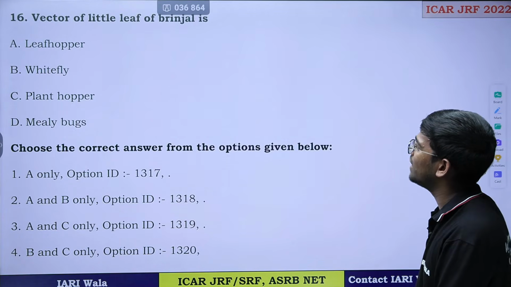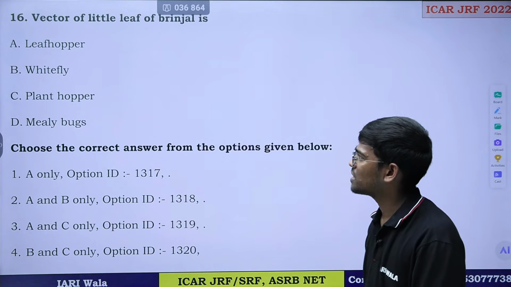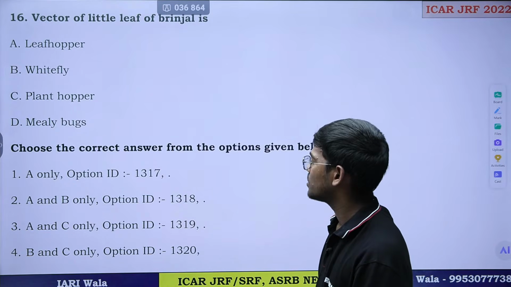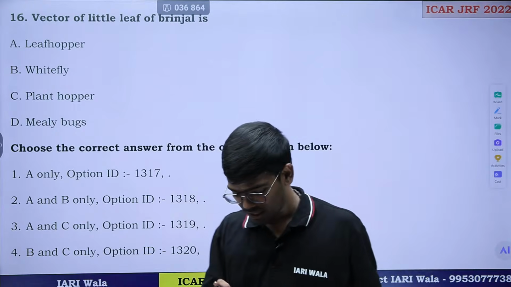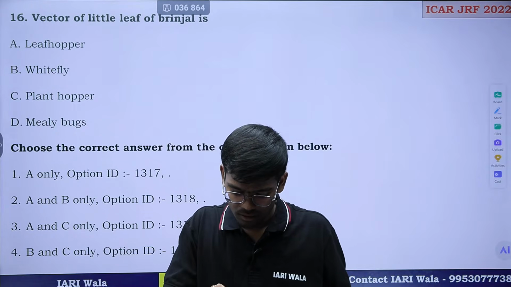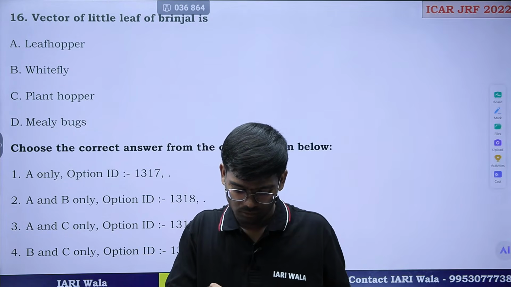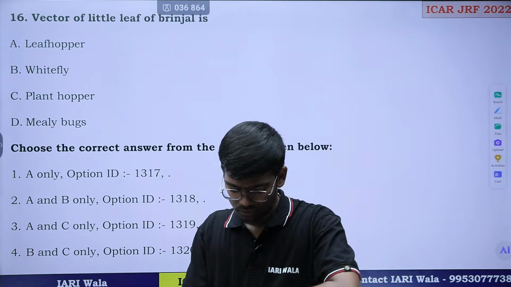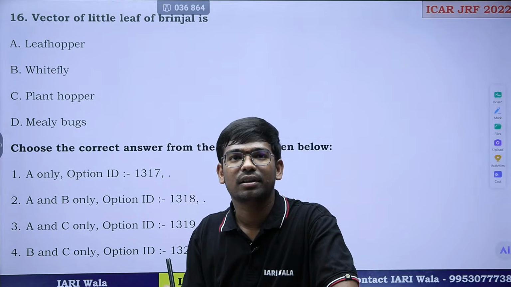Vector of little leaf of brinjal is... And here also again 4 options. The first one is leafhopper, then whitefly, plant hopper, and mealybugs. Choose the correct answer from the options given below. Yes, answer for this. Vector for little leaf of brinjal is